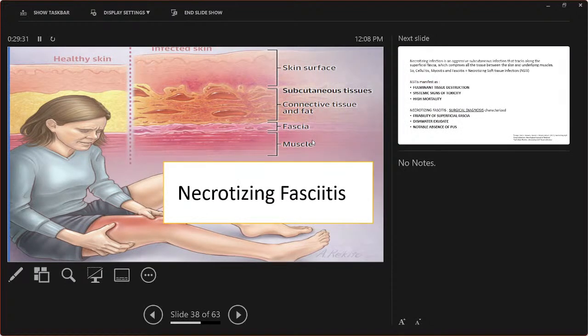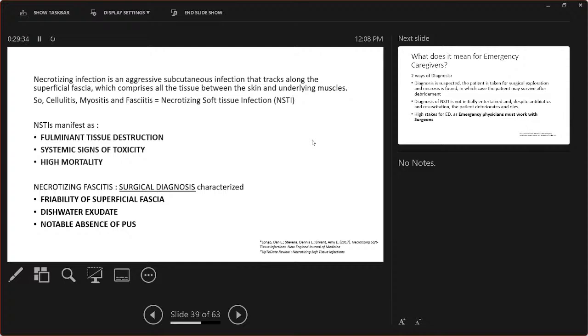Coming to necrotizing fasciitis. Necrotizing fasciitis is an aggressive subcutaneous infection that tracks along the superficial fascia. So, we have epidermis, dermis, subcutaneous tissue, which has rich vascular supply. From the subcutaneous tissue, the vascular supply pierces through the superficial fascia and supplies the dermis. So, the superficial fascia is relatively avascular. So, they say that the bacteria track along the superficial fascia and involve the infection of the dermis and subcutaneous tissue. So dermis is cellulitis, subcutaneous tissue and fascia will become fasciitis, and sometimes it will also start involving the muscle,